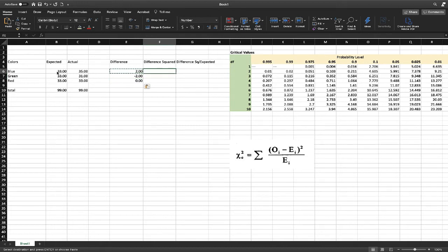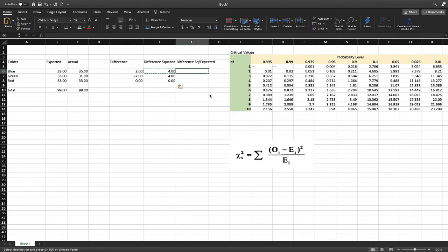Now the reason we square this number now is because we're interested in the difference with the mean, not the direction of the difference. And so by squaring, we remove the negative sign. And the way you do a square in Excel is you say equal this cell, E6, and there's a little hat right above the 6 key. It's a little like arrow pointing up, which is going to say, whoops, squared. So you say E6 in this case, little hat, and then squared. So 2 times 2 is 4. Minus 2 times minus 2 is 4. And we'll do the last one, even though we know what it is, which is 0. Okay. So now we have